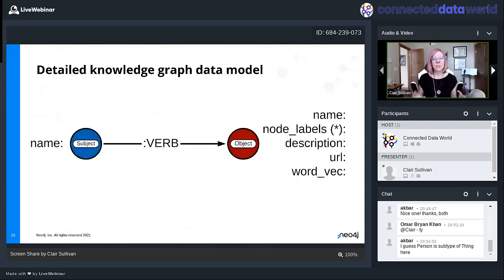Okay. Once we have that, we're going to use that information, and this is our graph model. So we have our subject, and our subject has a property called name. So like that would be Taylor Swift. Then there's a verb, which we have to go detect. And then we've got an object, and my object is going to have a property called name. And the objects also have the node labels. So let's say somebody was friends with Taylor Swift, and we know Taylor Swift is a thing and a person. So then we get this list of node labels, thing and person. We get the description, which is that sentence or two back, and we get the URL.